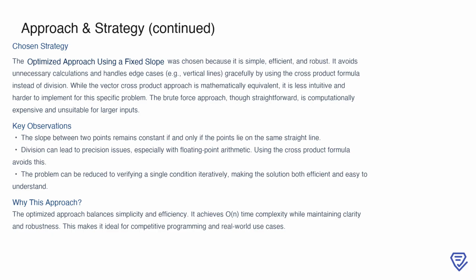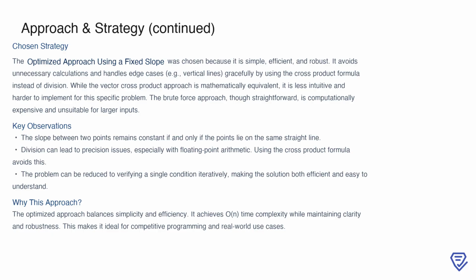not selected. The key observations that support our chosen strategy include the fact that the slope between 2 points remains constant only if the points lie on the same straight line. By avoiding division, we minimize precision-related issues, and the problem reduces to verifying a single condition iteratively. This makes the solution not only efficient, with a time complexity of O(n), but also easy to understand and implement. Overall, the optimized approach strikes the right balance between clarity, efficiency, and robustness, making it ideal for both competitive programming